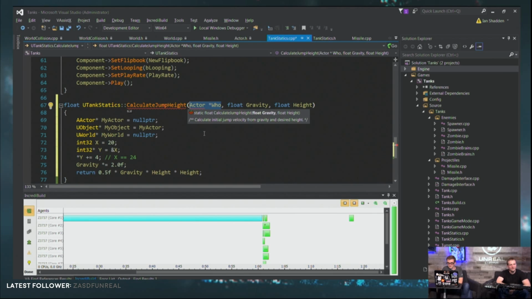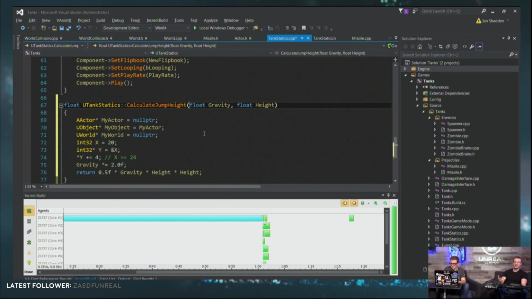So we need to know this actor. The thing is, actors are kind of big objects, so I don't want to make an entire copy of that. I don't mind copying 2 little 4-byte floats when I come into the function. That's fine. But I do not want to make a copy of this entire actor object just to ask, hey, what's your personal gravity? Thank you, bye. And then every time I call this function, I'd have to do that. That's a good reason to use pointers. If you're passing around a big object that you don't want to make a copy of, you use pointers,